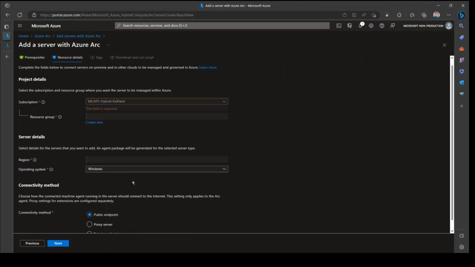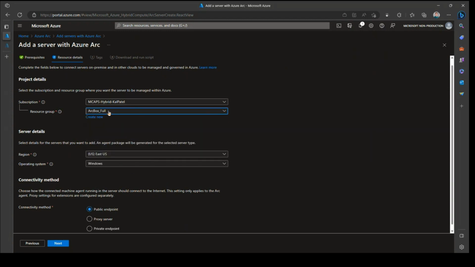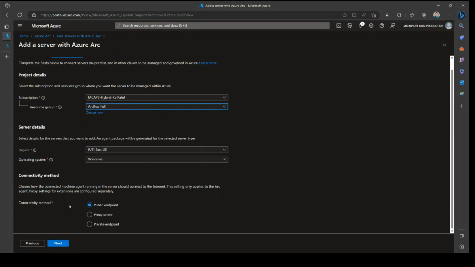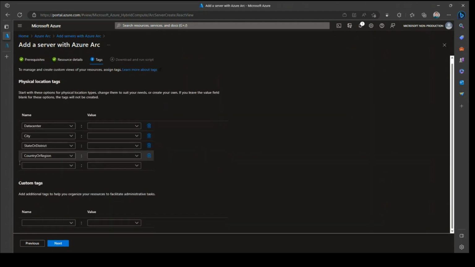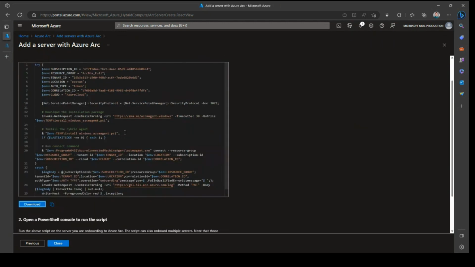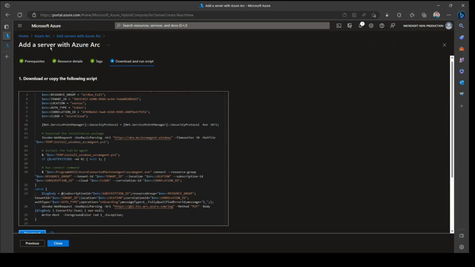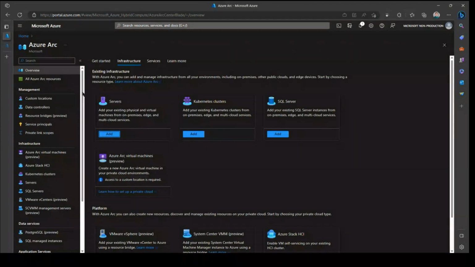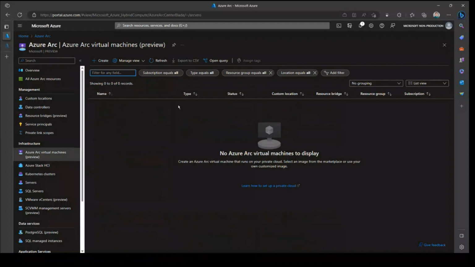Once I'm here, I can provide my resource group and other components, my connectivity method, and that is it. And whatever default tags I want to apply on it, and then that is it. I'll get the script, I can download it and run it on the server. Once it is done, you can see all those Arc-enabled servers and machines over here as well.